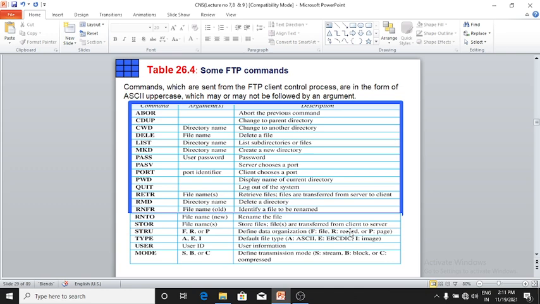Then RNTO with the new file name renames the file. STOR with a file name stores the file, which is transferred from client to server. STRU with F, R or P defines the data organization: F for file, R for record and P for page. Clear? Next command is TYPE.